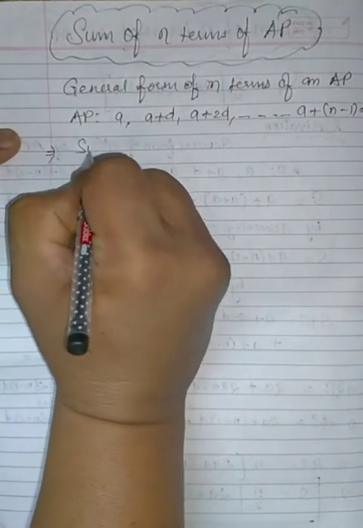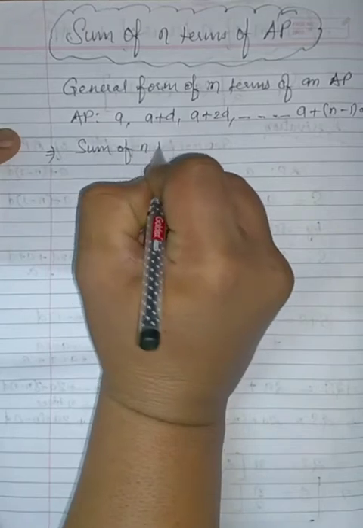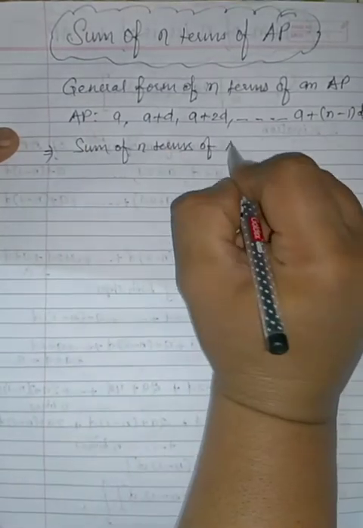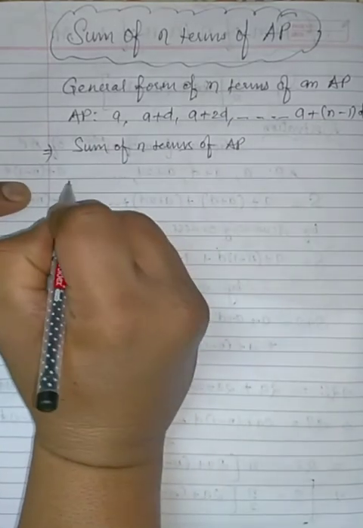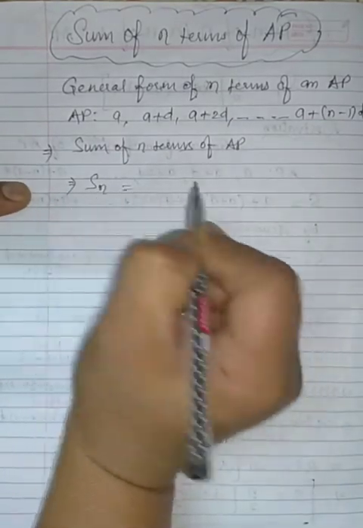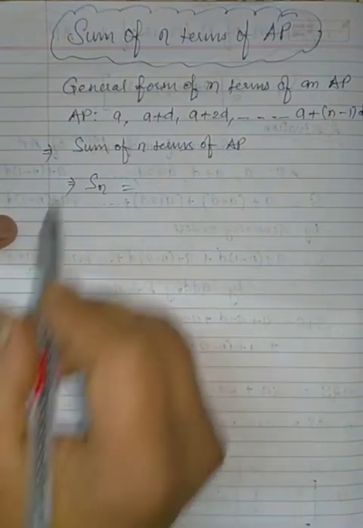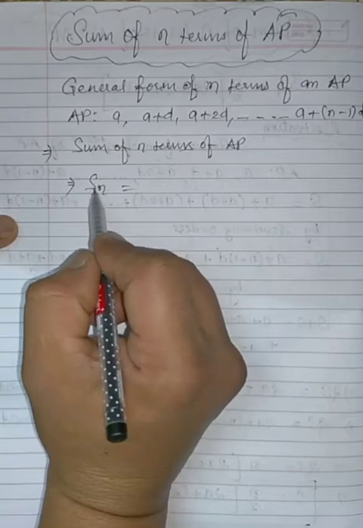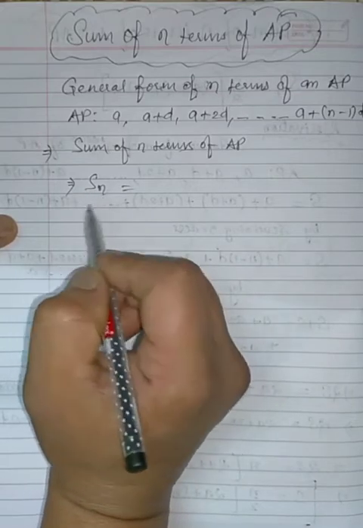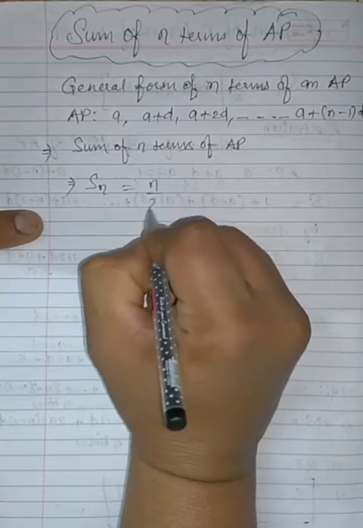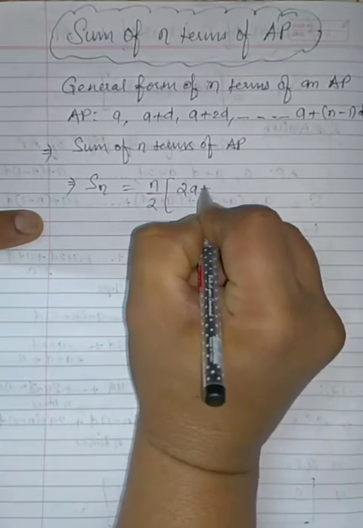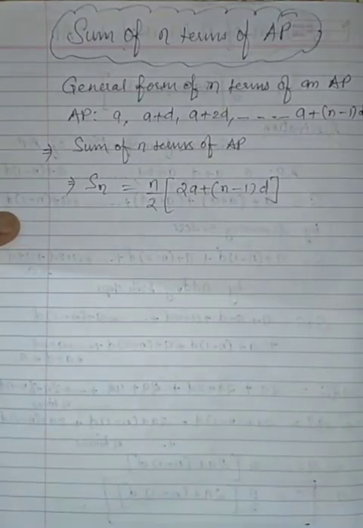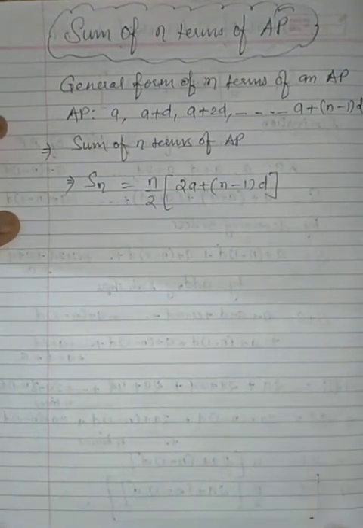So the sum of n terms of this AP is denoted by Sn. You will see S also in some books. I am writing it as S suffix n to show that it is the sum of n terms. It is given by n by 2 into (2a plus (n minus 1) into d),